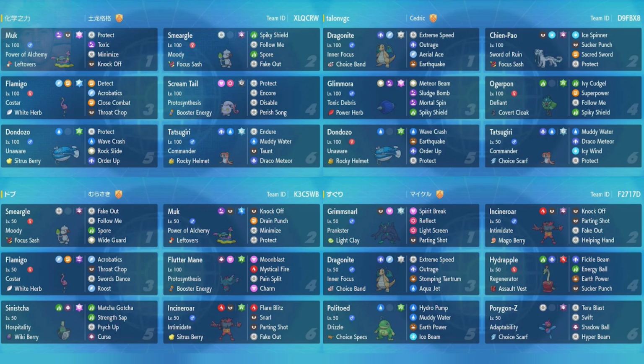And once Smeargle goes away, Power of Alchemy will activate when Smeargle faints, stealing away Moody, and then you can just go for Protect, Minimize, just cycle that until you get a bunch of really favorable boosts, at which point you can bring in your Flamigo, copy those, get rid of the negative boost with White Herb, and then go